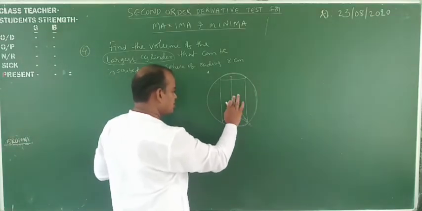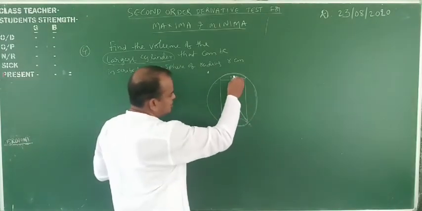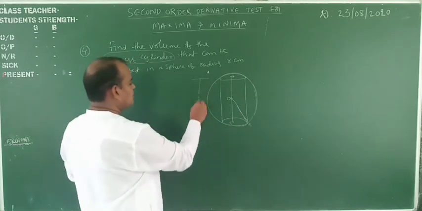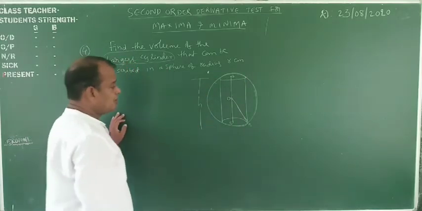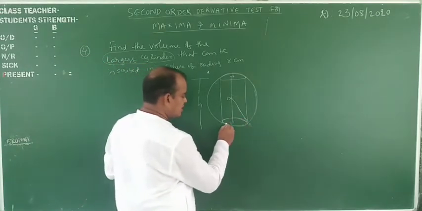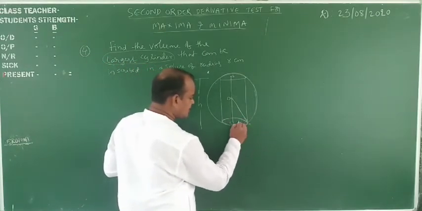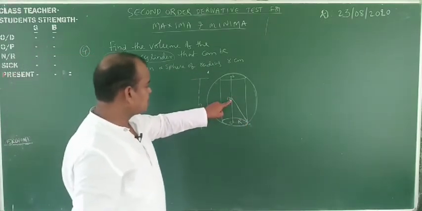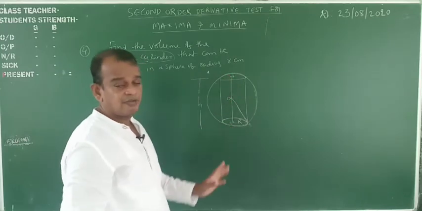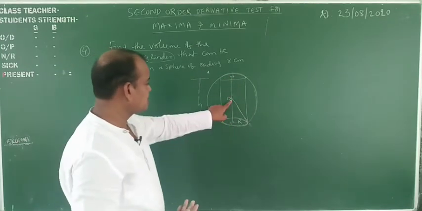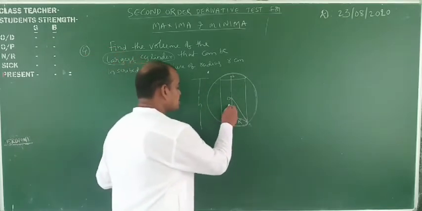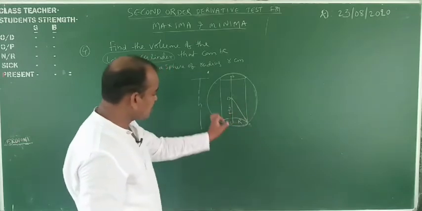The center of the sphere must be here, at the middle point of the height. This is O. For suppose this is A, B, C. This is B, this is C. 100%, BC is the height of the cylinder. Now here the cylinder is there. Cylinder radius you don't know. What is the cylinder radius? Let the cylinder radius be a variable. Here O is the compulsory midpoint of CB. Whenever the volume is maximum, this is 100% the midpoint. Total height, for suppose H, means this is 100% H by 2. 100% a right angle triangle is formed.